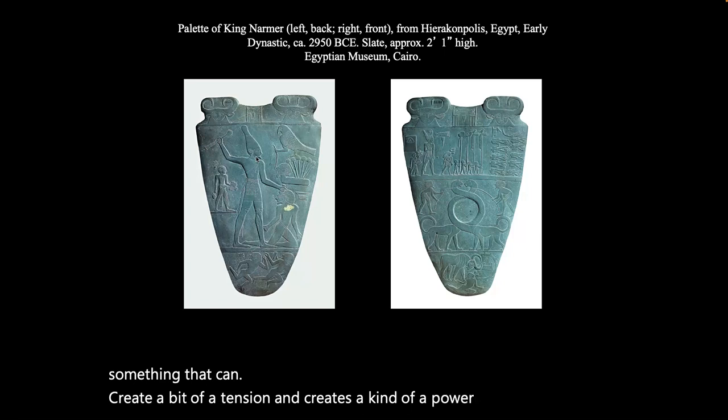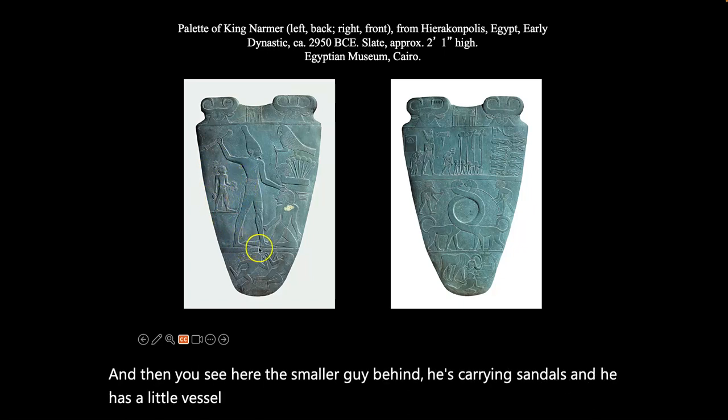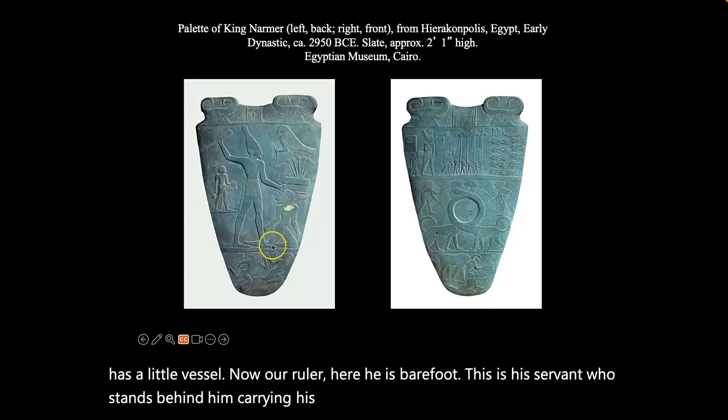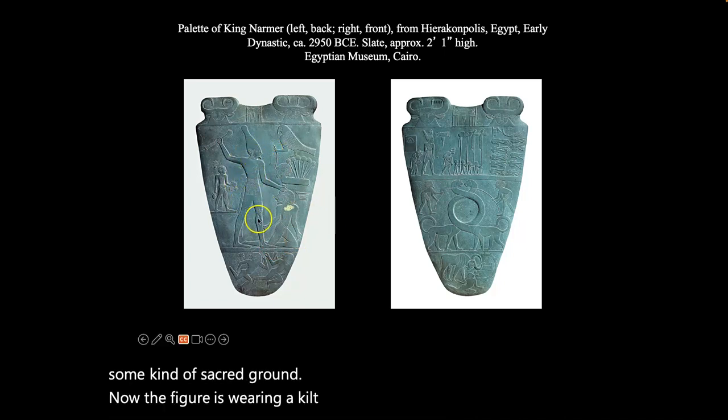kind of an image. And then you see here the smaller guy behind, he's carrying sandals and he has a little vessel. Now our ruler here, he is barefoot. This is his servant who stands behind him carrying his sandals, suggesting perhaps that he is on some kind of sacred ground. Now the figure is wearing a kilt, our standing figure, our Narmer figure, he wears a kilt,